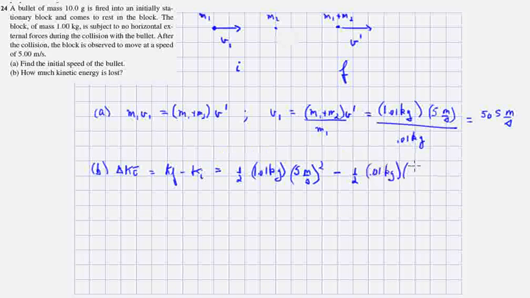Well, we just found what the velocity of the bullet was up there, 505 meters per second. And so this comes out to be